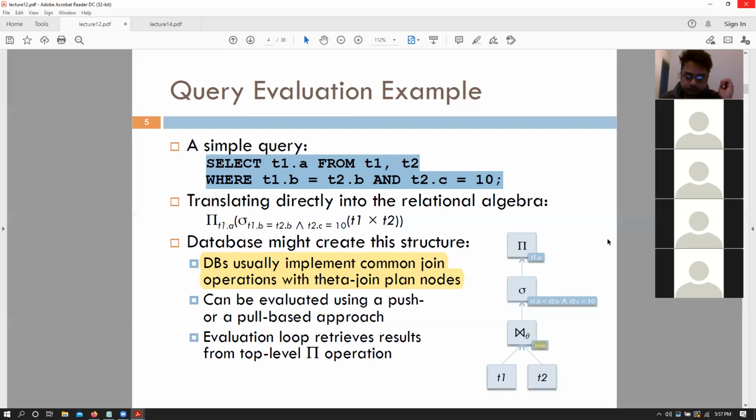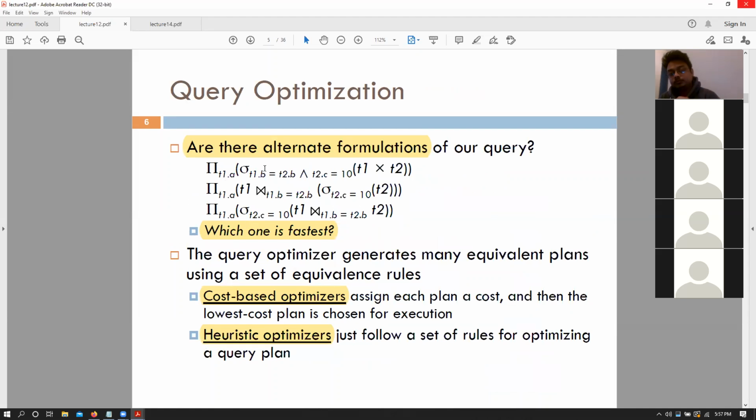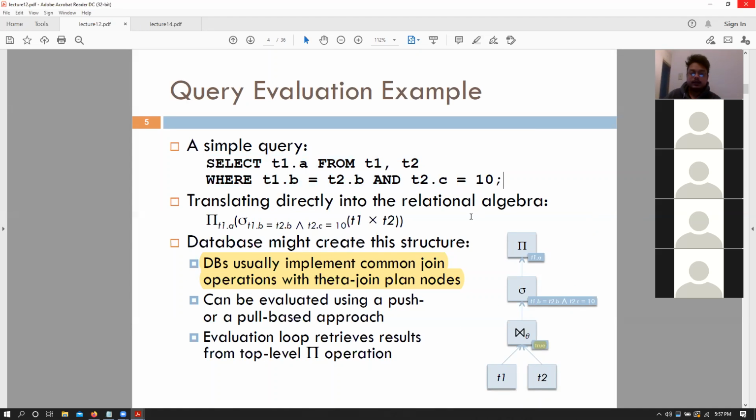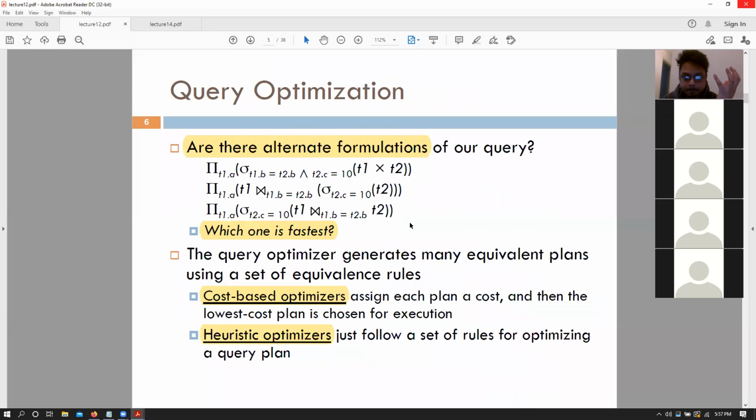No? Cool. Okay. So now comes the question: we have this particular mathematical formulation, and imagine yourselves as being a database, right? We have this particular operation. How do I optimize this? So first, what your database would do is generate alternate formulations for your query that would result in the same